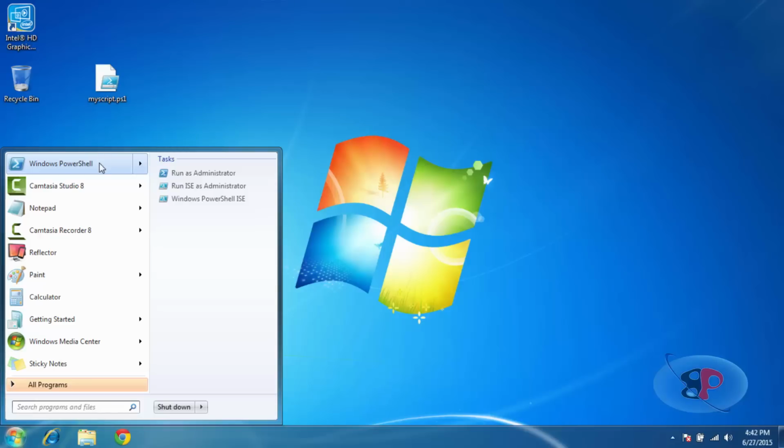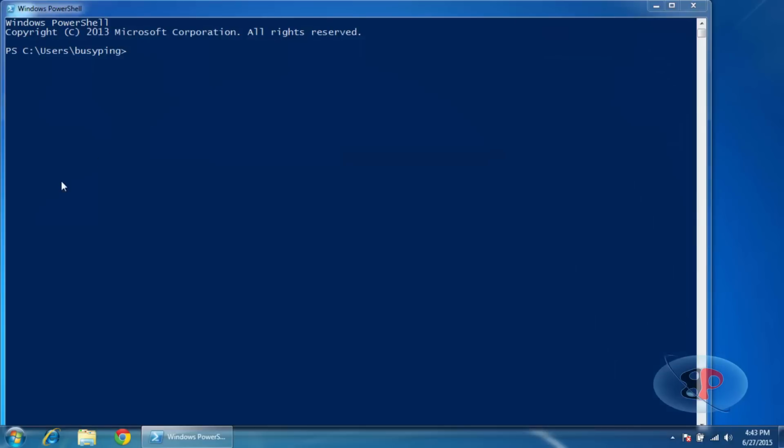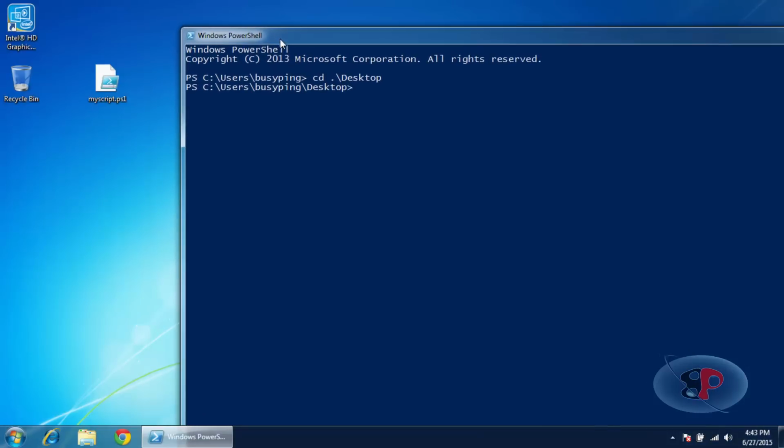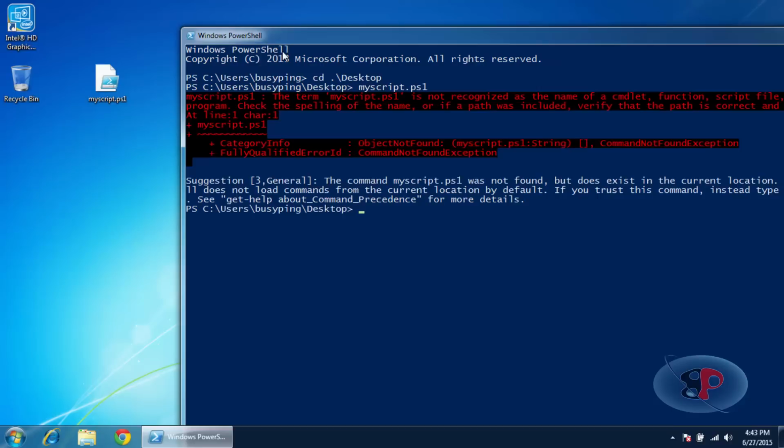To run the script, you actually go into Windows PowerShell and then you navigate to that path, which will be cd ./desktop, and hit enter. Now you have to type the script name, which is myscript.ps1, and if you hit enter, it's not going to work. That's because whenever you type a script, it has to be with the path. Even if you are in the same directory from where you are executing the script, you will have to still type the path. So you are already in desktop and this file is in the desktop, so if you want to execute this script, you will actually have to type